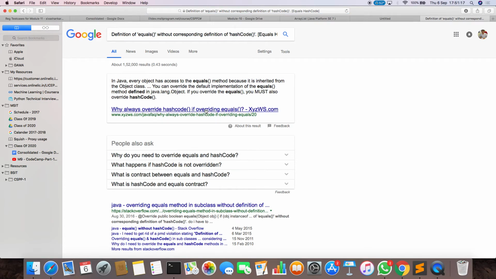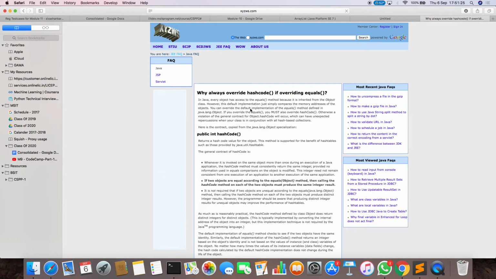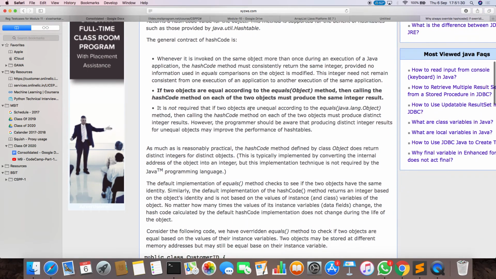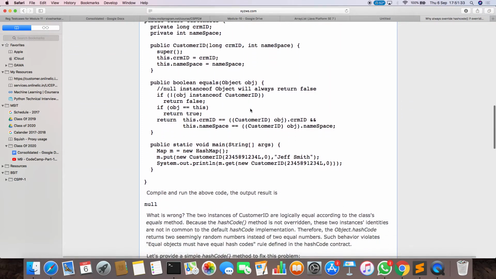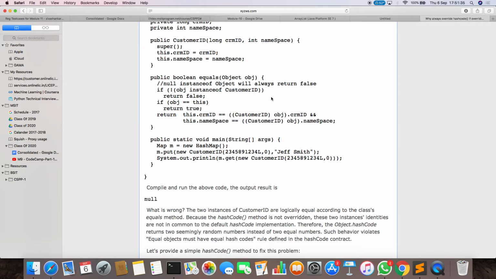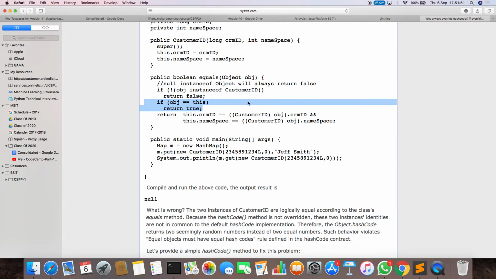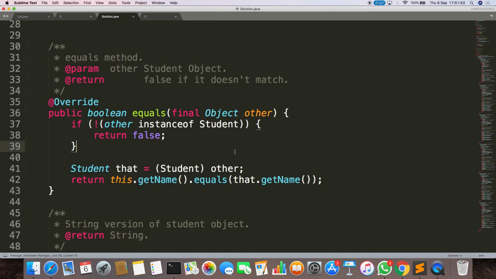So I always override hashCode() and equals(). Public int hashCode(). Equals of object: if obj is an instance of this object, equals this, return true. No, you also have to check this one, I think. If obj equals this, return true, otherwise you have to go with that. Perfect. So what you have to do is